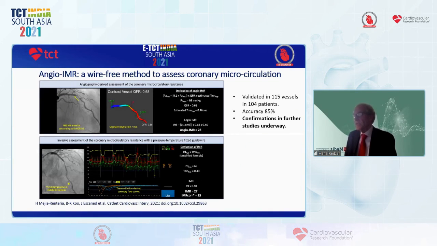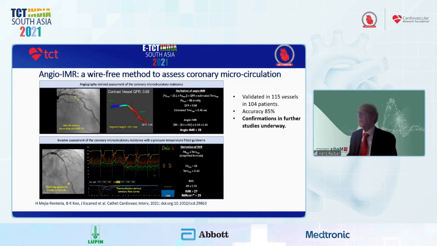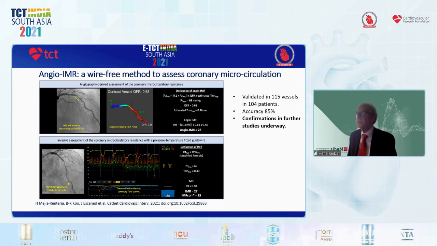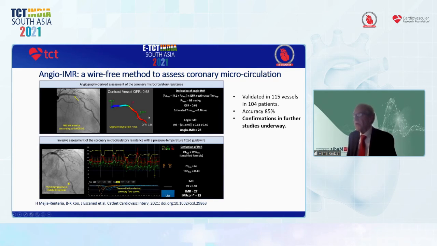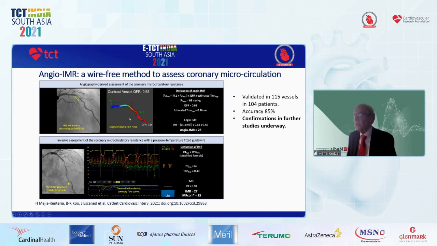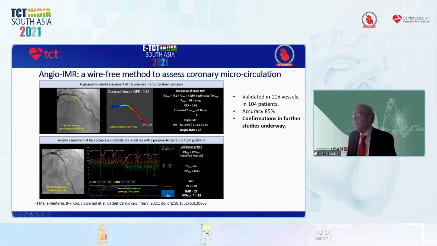As I mentioned earlier, we are now very close to assessing also the coronary microcirculatory resistance. The only additional information that is needed is aortic pressure. So if we have the aortic pressure and we multiply that by the QFR, we have the driving pressure at the end of the vessel. The flow velocity is known, and that means also the mean transit time. Putting everything in formulas results in an angio IMR of 28,